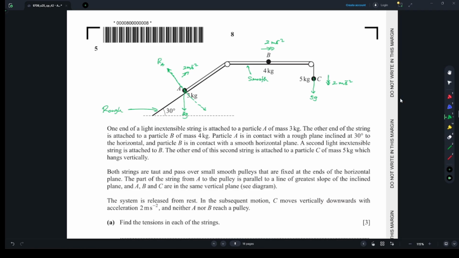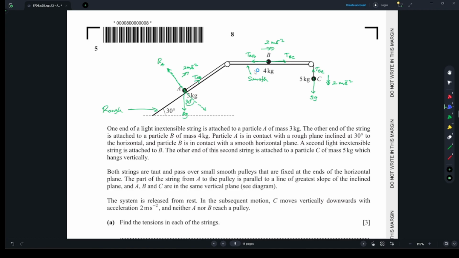Okay, so this angle is 30, therefore this angle is also 30, and the tension. So we can consider this one T, let's say AB. So here also we have this tension between A and B, and also here we have another tension from B to C string, tension BC. So here upwards tension BC,